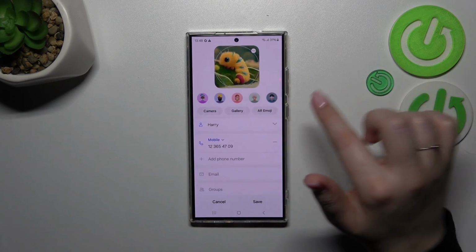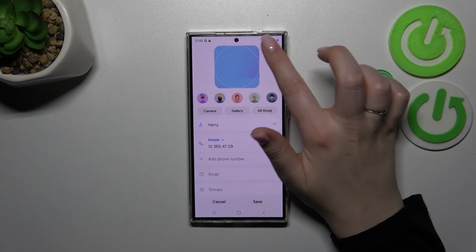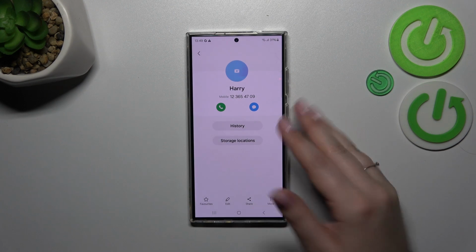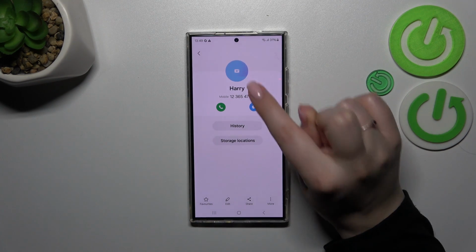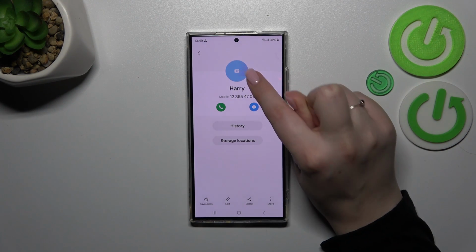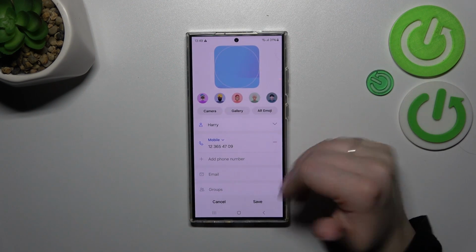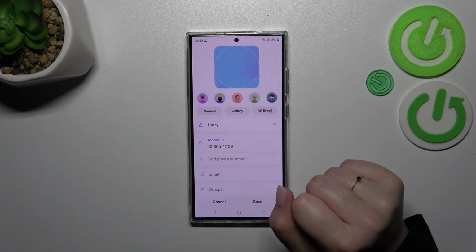Now we have to tap on, let me quickly tap on edit because I want to quickly remove the photo. Because as you can see, after entering the contact without any kind of photo applied, you can simply tap on this circle with the camera inside it. You do not have to tap on this edit icon. So let me tap on it. As you can see, it will be immediately